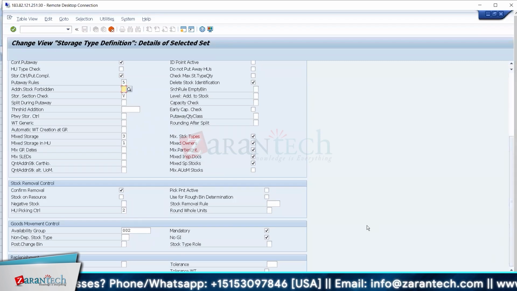So this is important. Then we have another decision to make ideally at the start. If at all business is not able to decide, or there's less involvement from business and you are basically getting understanding and configuring for them, the next thing I believe we would discuss is mixed storage. Mixed storage means, when we are storing a product in a bin, whether we allow more than one product in